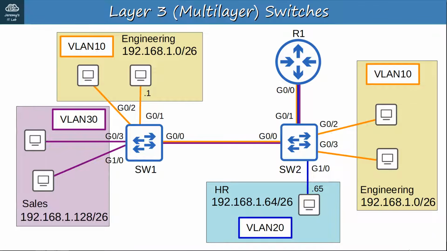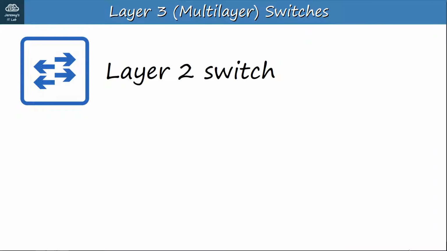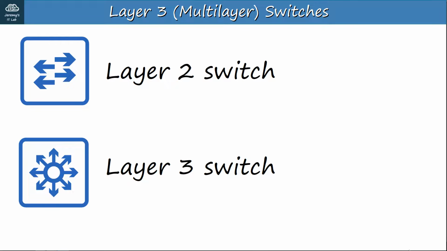Here's the network diagram once again. We have one router and two switches. Or I should say, two layer 2 switches. This is the icon we've been using for regular layer 2 switches. But let me introduce you to another type of switch. This is the icon I will use for what is called a layer 3 switch,